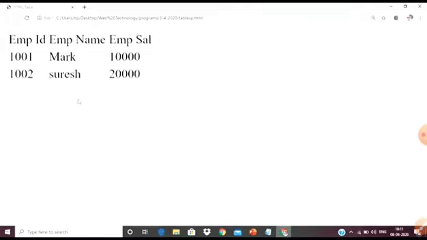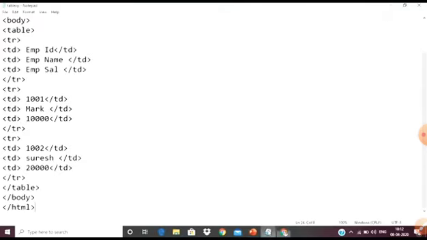Here there is no border, that's why it is showing without the border of the table, and only data is showing. If you want to put a border around your table so it looks more effective, we put the table border.